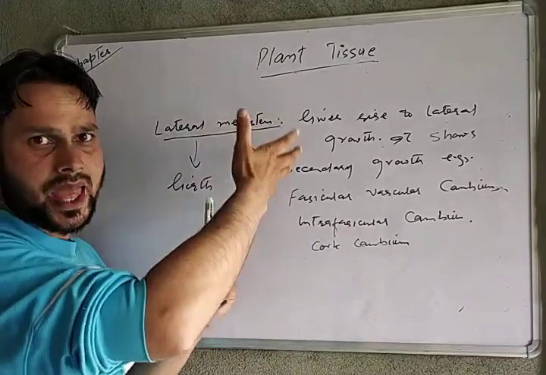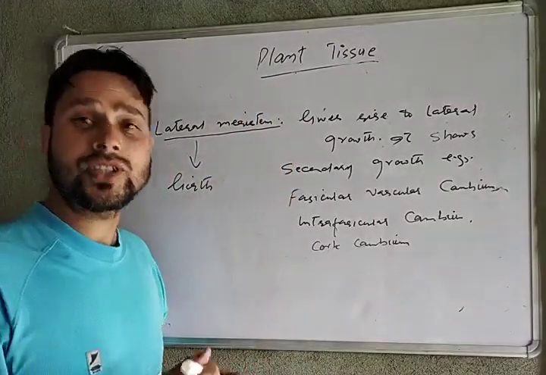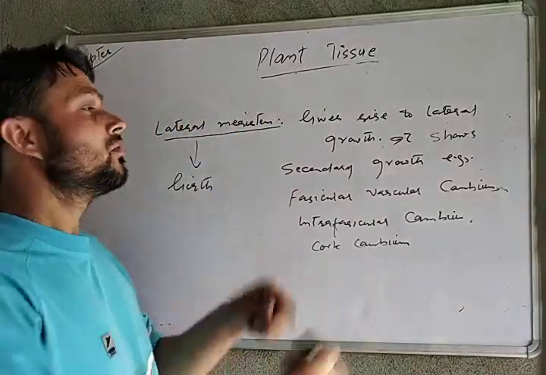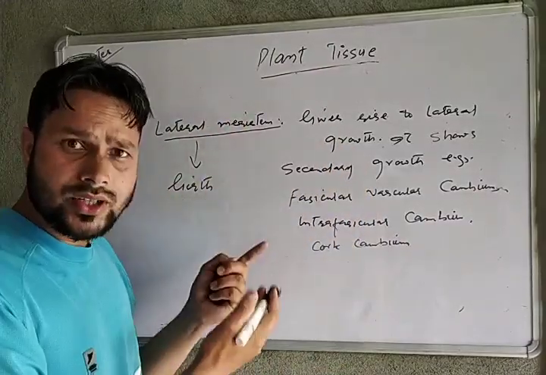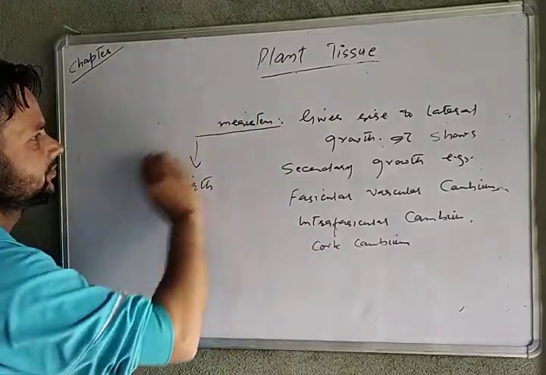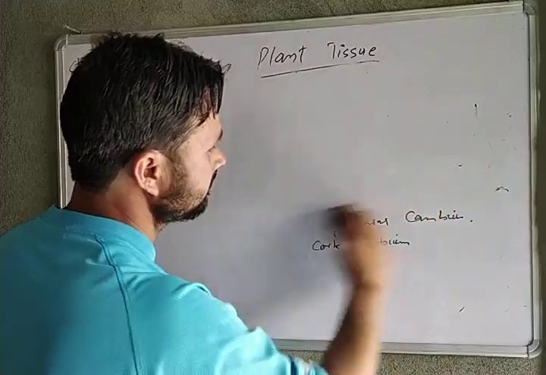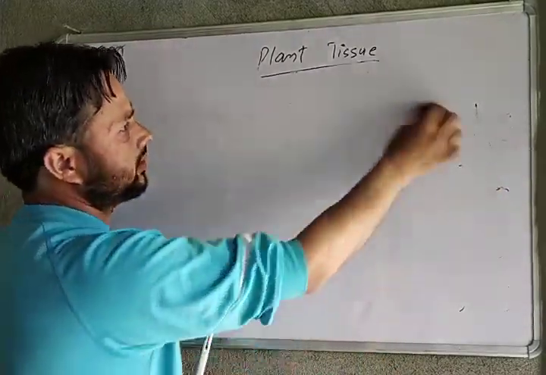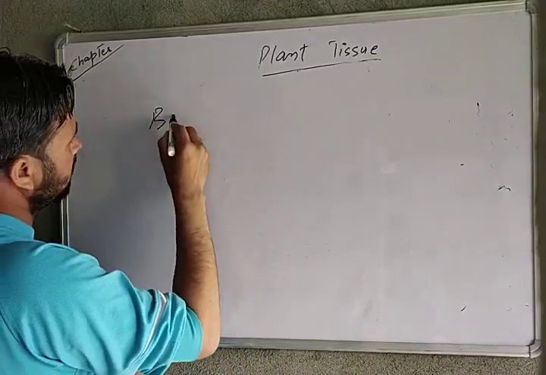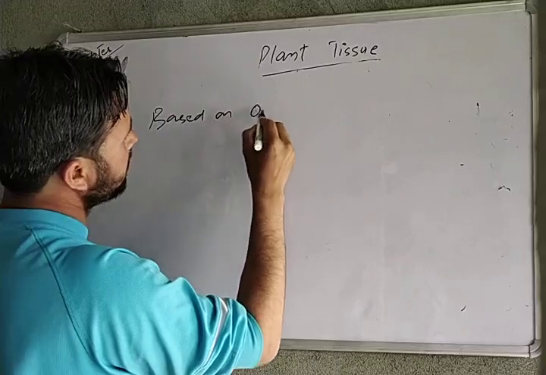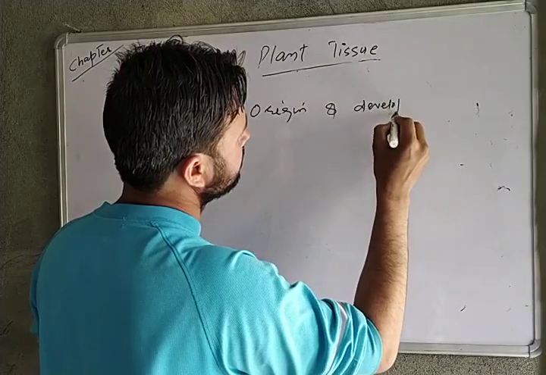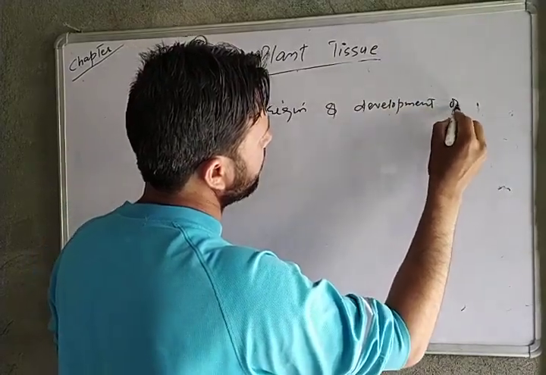This classification of meristem was based on the position in the plant. When we talk about the origin and development, this meristematic tissue has different types. Okay, let's see. This was all about position in the plant. And if we say based on origin and development of the plant,